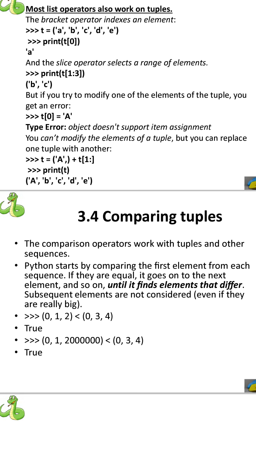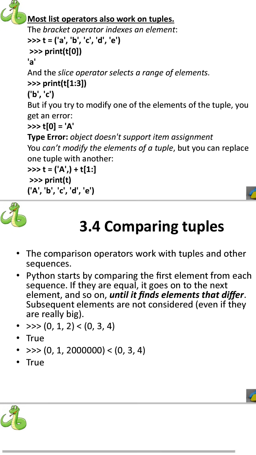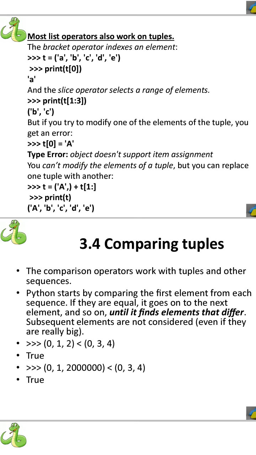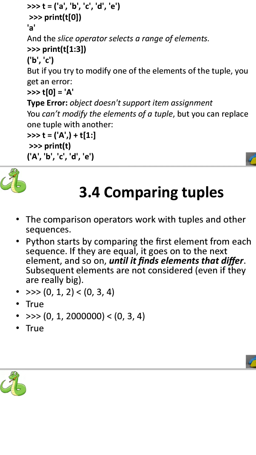When I performed the concatenation operation on two tuples, where the first tuple has capital A and the second tuple has four elements B comma C comma D comma E, our concatenation results in the concatenation of two tuple elements, that is capital A comma B comma C comma D comma E, and these elements will be stored in a newly created tuple T. Hence when I print my tuple T in the output, I can see A comma B comma C comma D comma E.